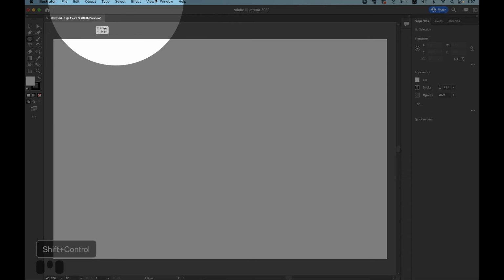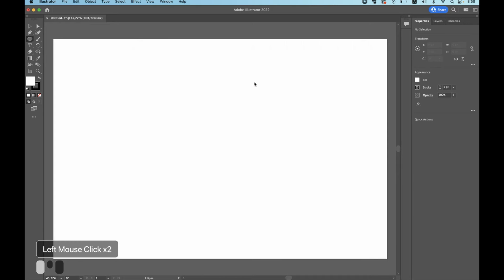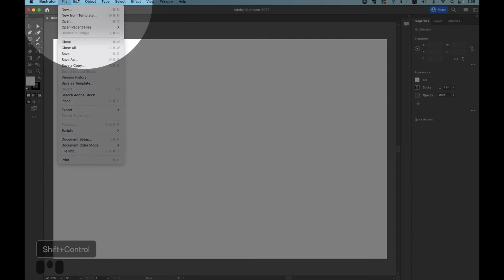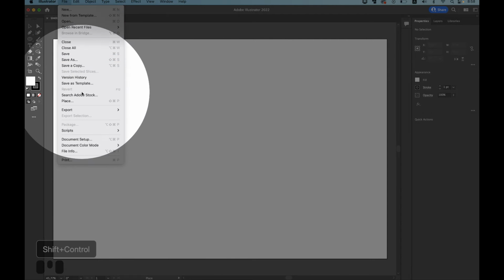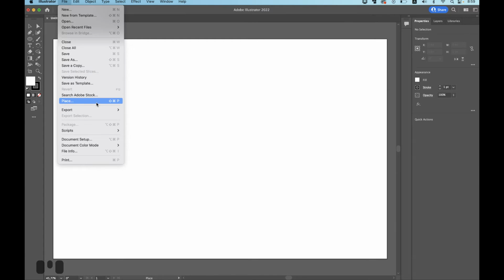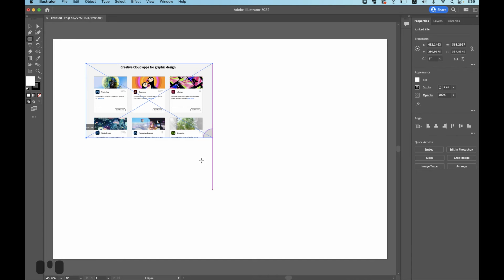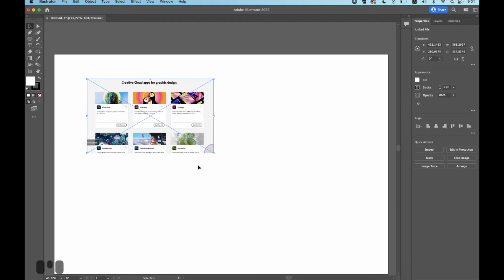Like in a lot of other programs, we've got the main menu on the very top. And we're gonna go to File and down to Place. So this is my screenshot on the desktop. And this is the way to place our sample images right into the project. If I hit Open, the file is gonna be opened like another project. So Place, and after that, we just click and drag the screenshot. I will make it small to practice zoom and hand tools. We use hand to pan across the canvas. Just hold down the space bar and you will see the cursor changed from arrow to the hand.